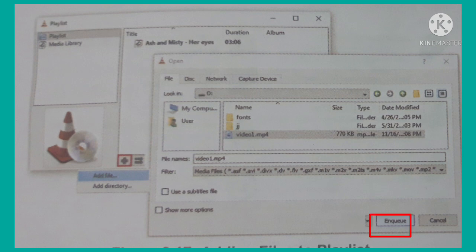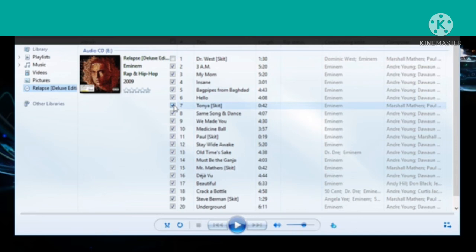So that's how we add the music files or the desired files to the playlist. After arranging the list, you can close the Playlist dialog box and click on the Play button, so that the added files will start to play. That's how we add files to the playlist using VLC media player.